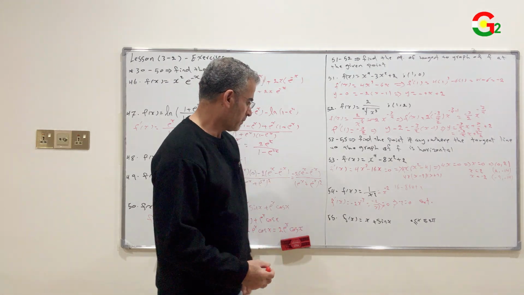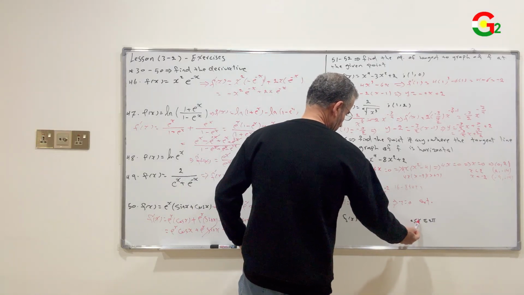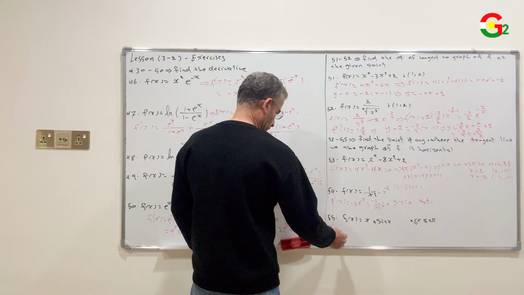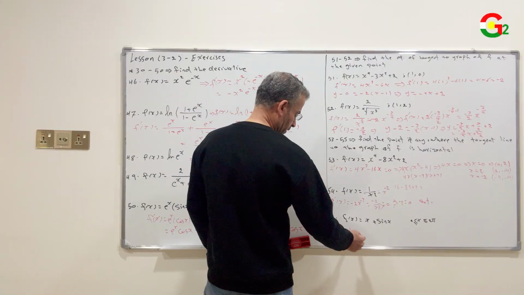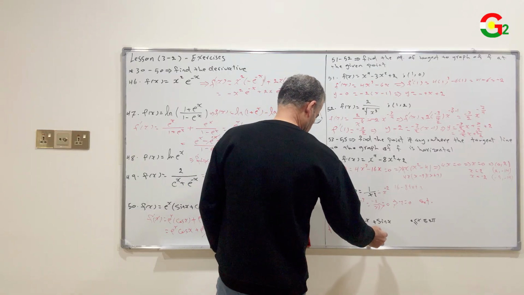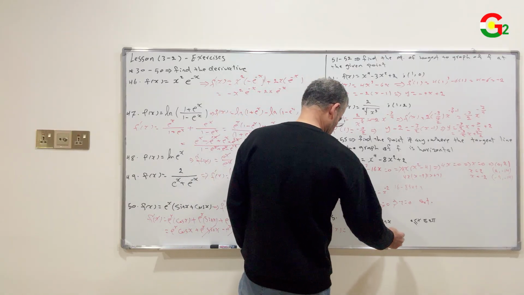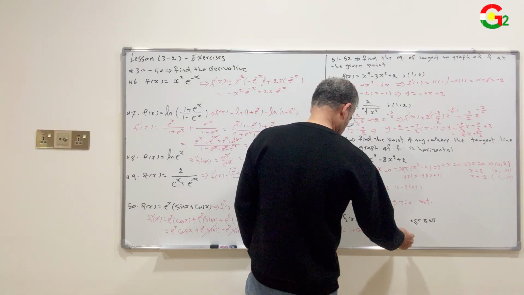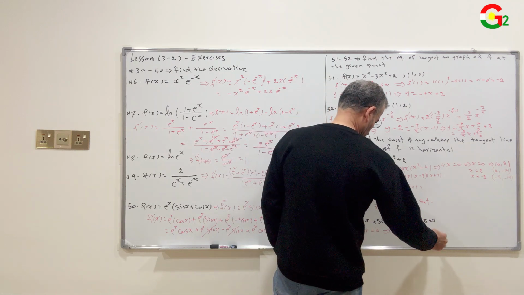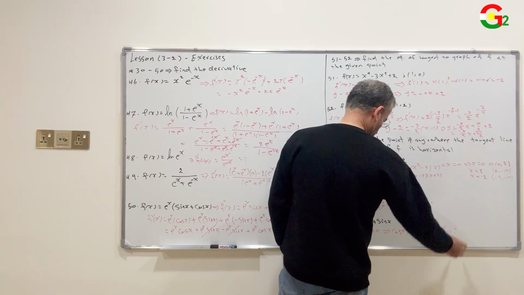f of x equals x plus sine x, the interval is between 0 and 2 pi. f prime of x equals 1 plus cosine x. Set it equal to 0, then cosine x equals negative 1, then x equals cosine inverse of negative 1, which in this